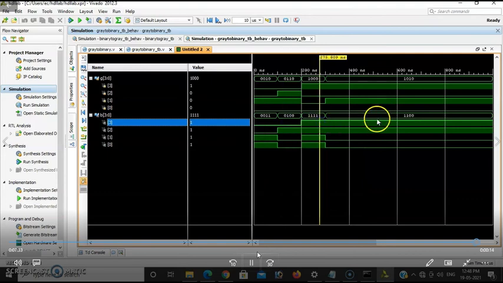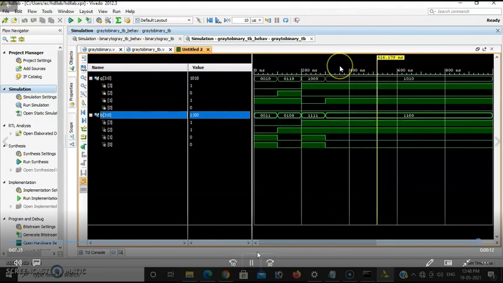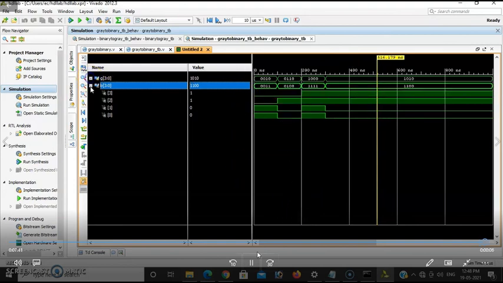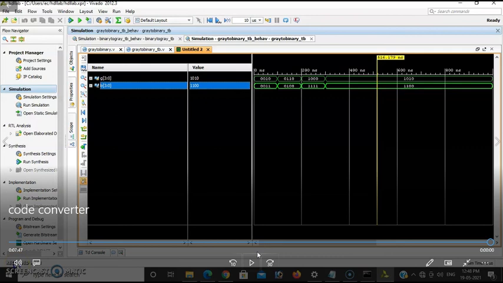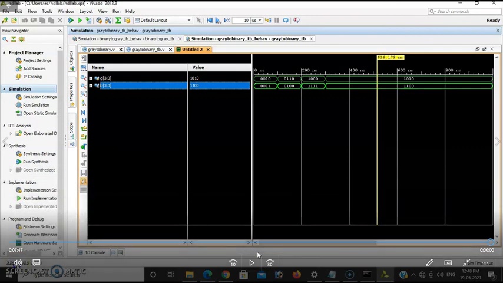Maybe it's working for a few combinations and not for others, maybe the equation you declared, or the gate design you have done, has some mistake. So once you verify that, then you can call the examiner and say that you are getting a result for the particular gray to binary code converter.